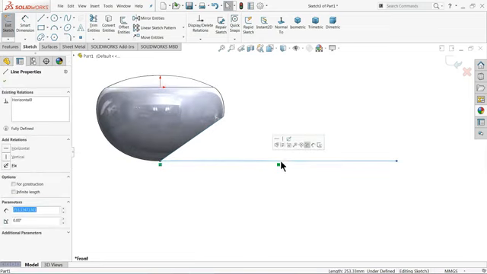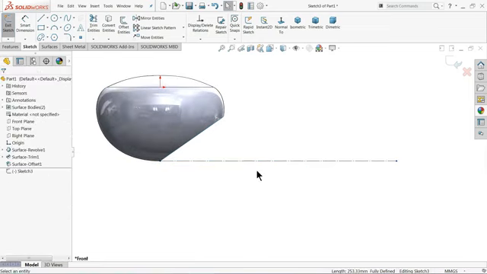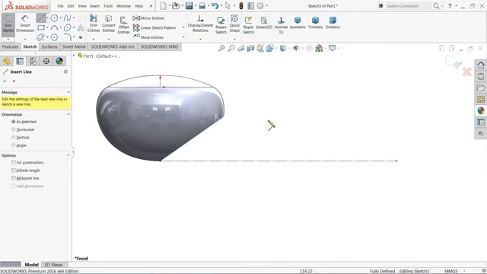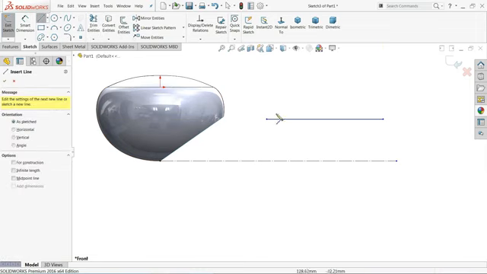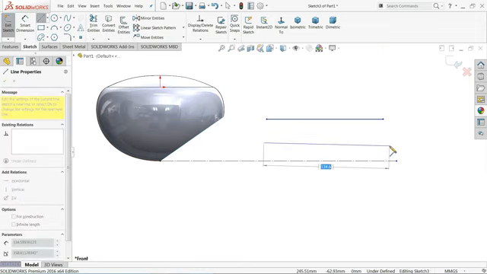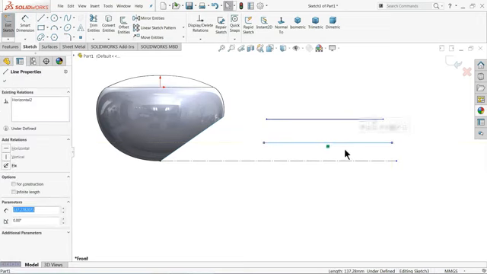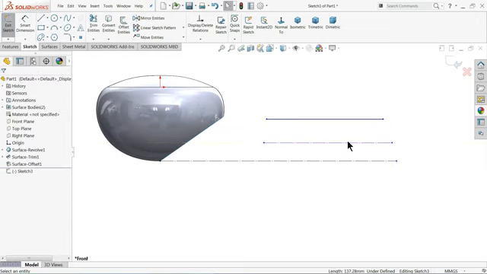Make sure it is horizontal. Select line for construction purpose and draw one mid line. Make sure horizontal, and this is a construction line.